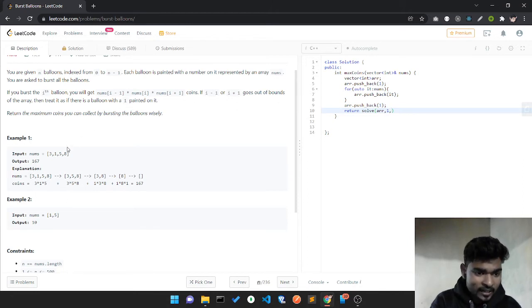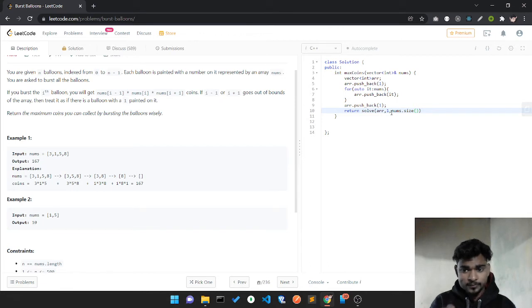How can I get the last index? Since I added 1, it's zero based indexing, so I'll write nums.size() minus 1, pointing to my last element.